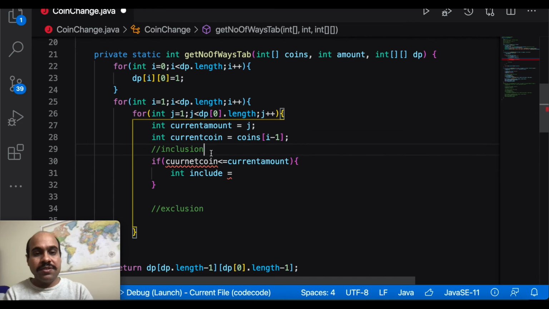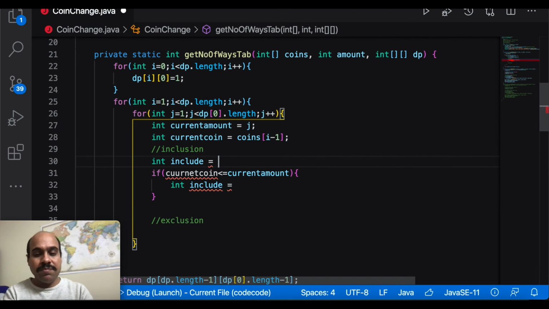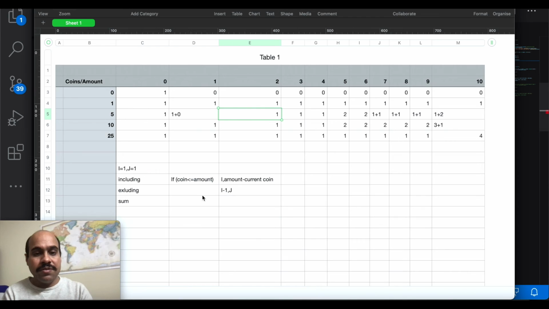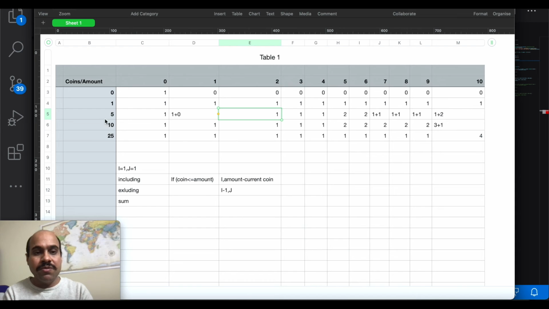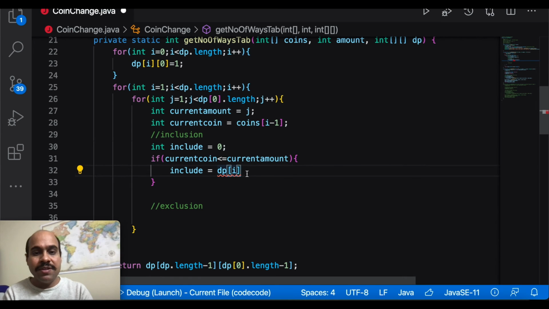And let me have this include in this outer place. Let me have include here, and so I can have inclusion. So what I need to do, we have to take in the same row. So if I want to make amount 7 using coin 5, I need to go to 7 minus 5, that is this second index, dp of i. So inclusion, I have to include, so I will be in the same row, so it will remain i.